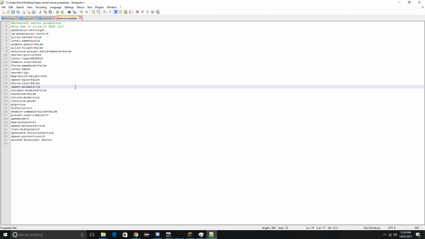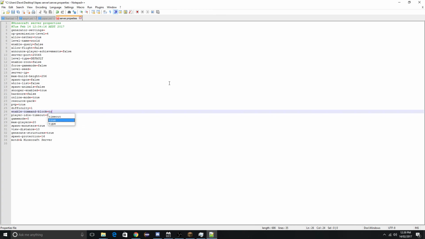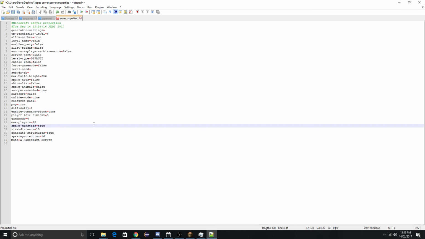Spawn animals false. Enable command block true. Now I'm only enabling it to true because it's a localhost server, and it's only going to be you on the server. If you open it up with IP port forwarding and others join, I recommend turning that off because they can do some nasty stuff to your server if they don't like you. Spawn monsters false,